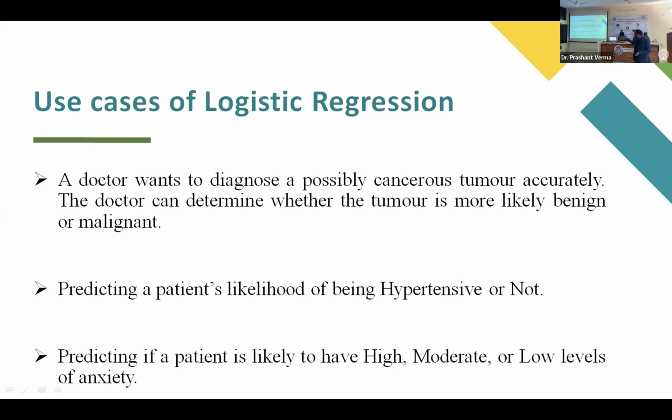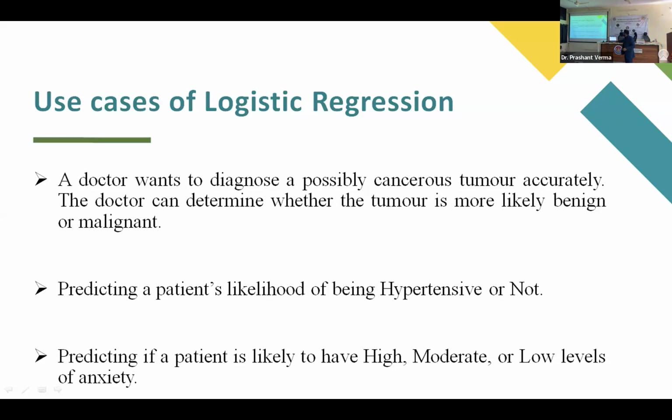Third one, I think it's a multi-class problem. Here we can use a multinomial logistic regression. Here it's prediction if a patient is likely to have high, moderate, or low level of anxiety. So there are three classes. It's a multi-class problem. You can predict it using the multinomial logistic regression. So these are some use cases which can be helpful